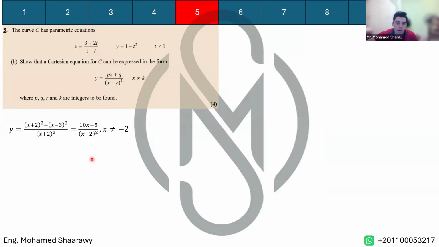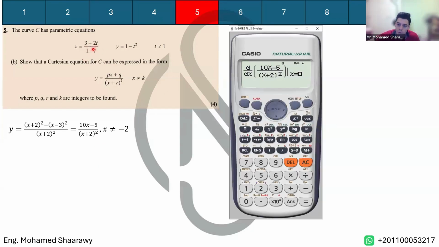Let me remember, when t equals 2, what will be the value of x? Let's perform this. 3 plus 4 is 7. 7 over 1 minus 4 is 7 over -3, right? So 7 over -3,